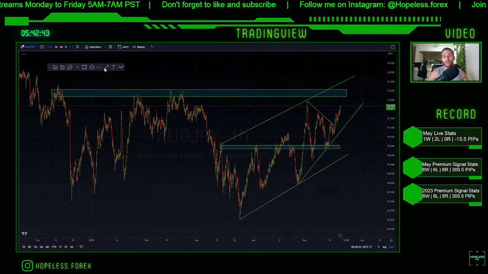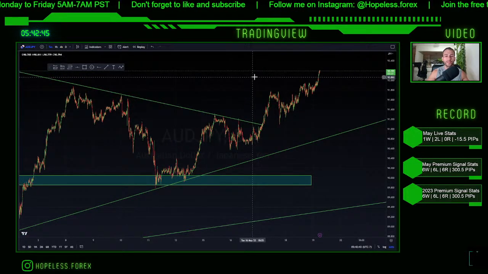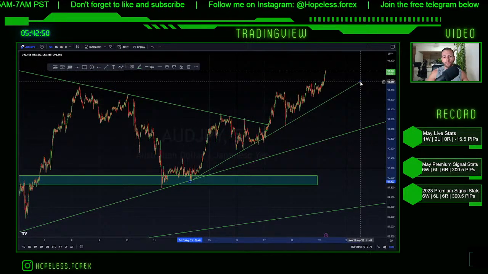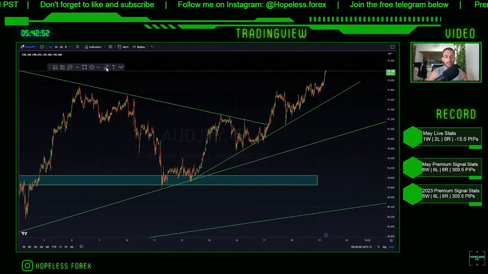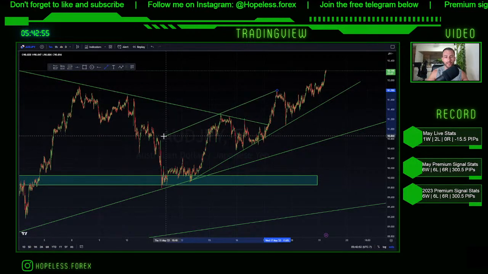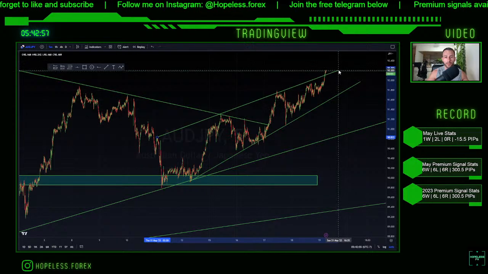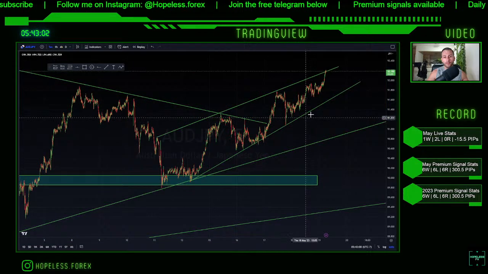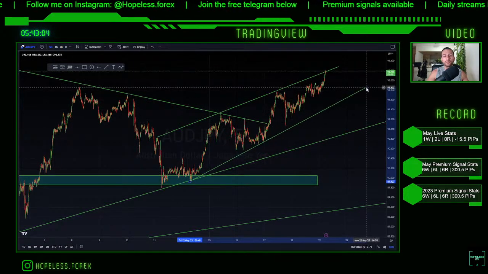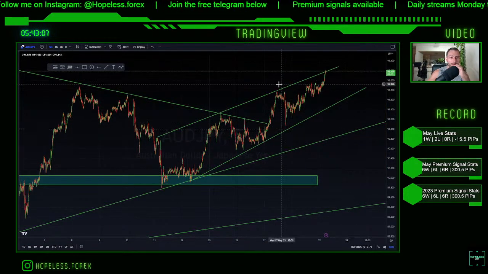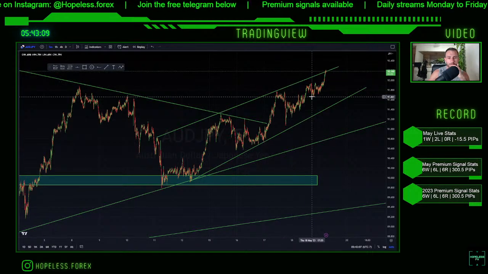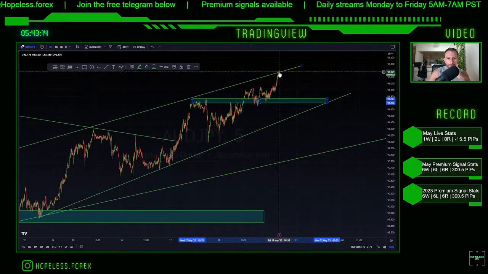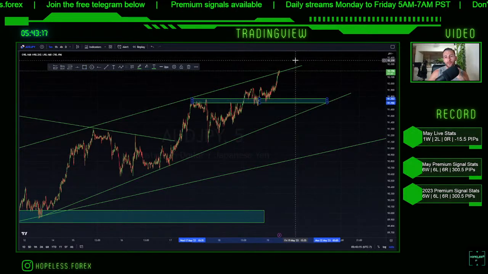Alright, so how about the 5 minute? Do we see anything on the lower time frames? We kind of do. This is some decent channel. Again, it's not the prettiest, it doesn't touch all the points exactly. We are kind of making it fit price action, but it's not too bad. If price were to come down, could be a good opportunity for a buy,